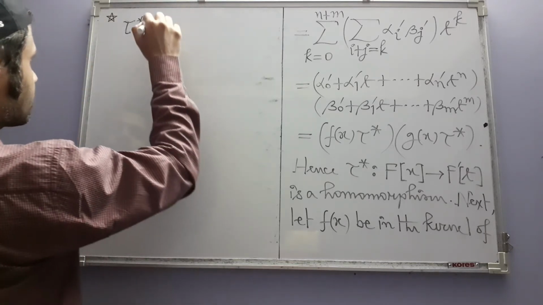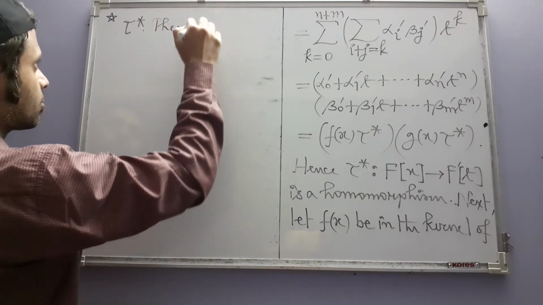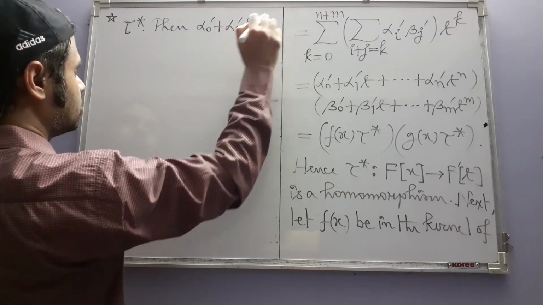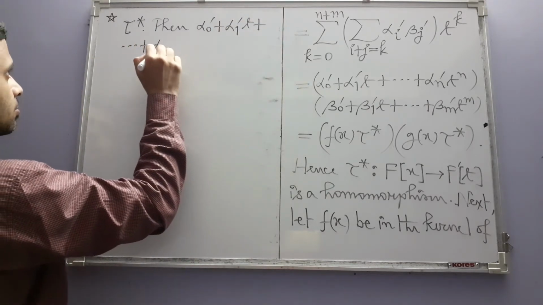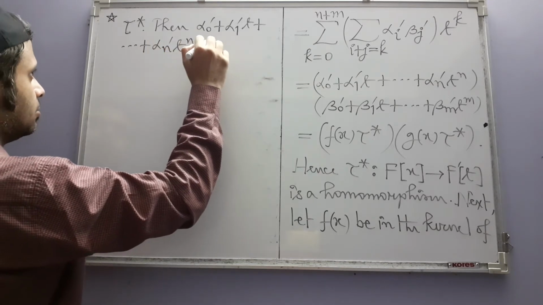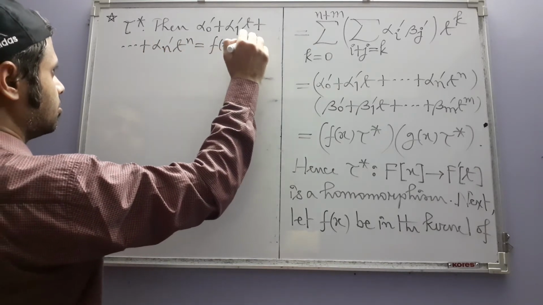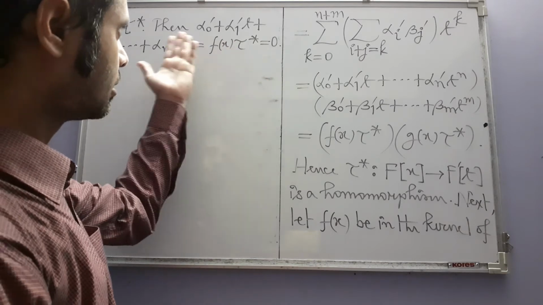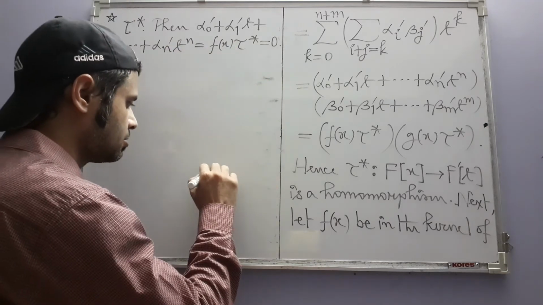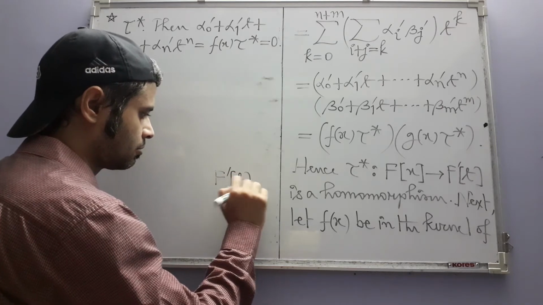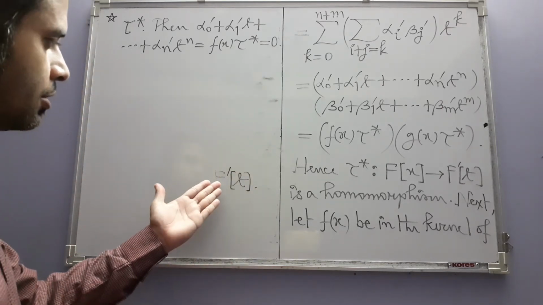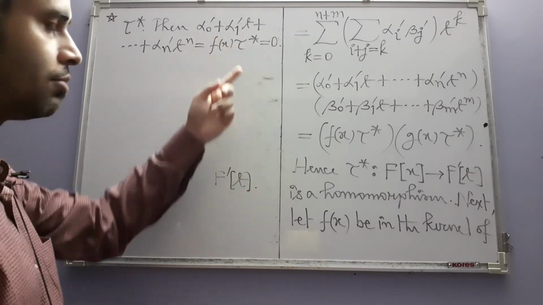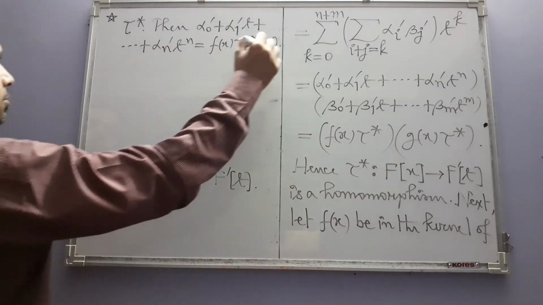Tau star. Then alpha 1 prime t plus alpha n prime t to the power n, which is the tau star image of f(x), is 0, and you can clearly see that this 0 in this context is the zero polynomial in this second polynomial ring. So by the definition of equality in this polynomial ring, this polynomial is 0 if and only if its coefficients are 0. So which implies